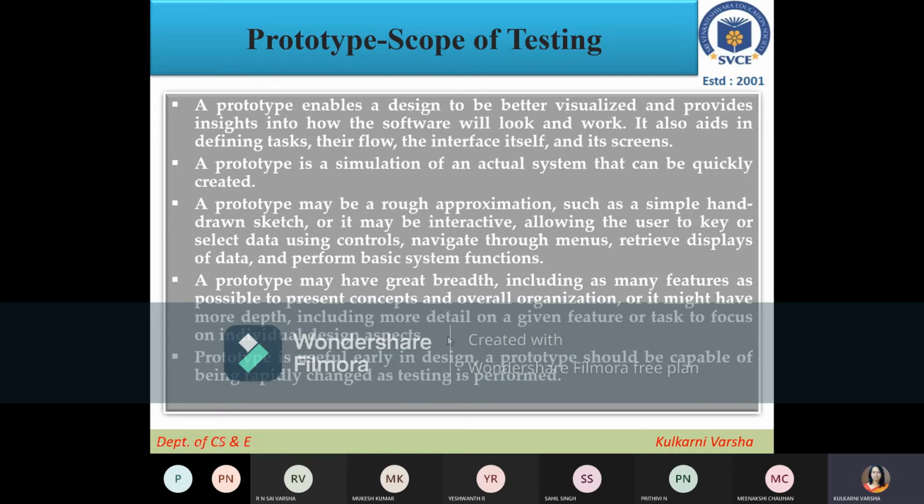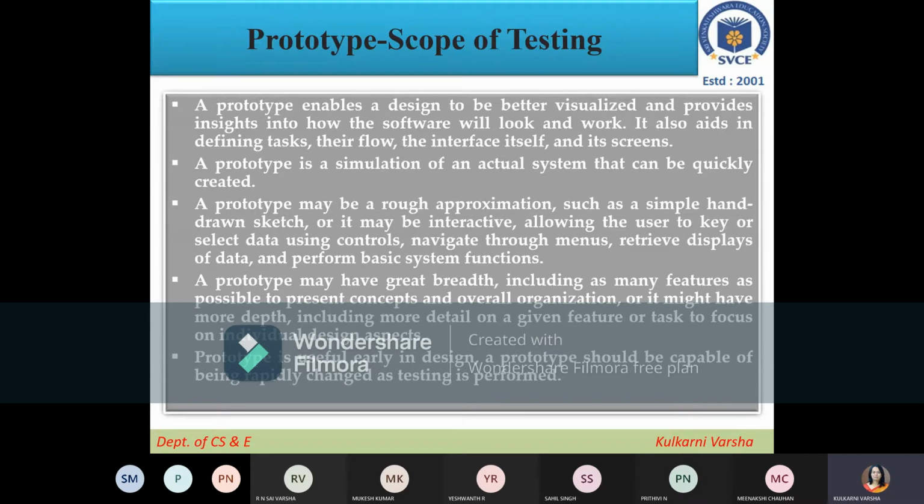So what is a prototype? A prototype enables a design to be better visualized and provides insight into how the software will look and work. It also aids in defining the tasks, their flows, the interface itself, and its screens.